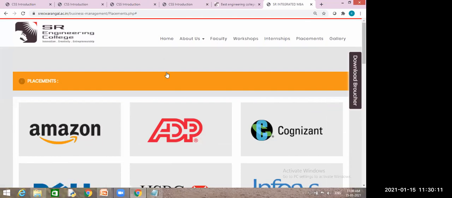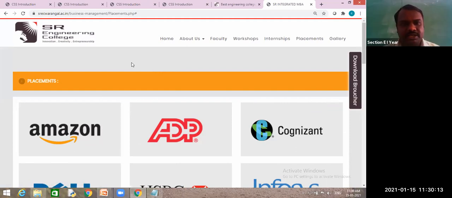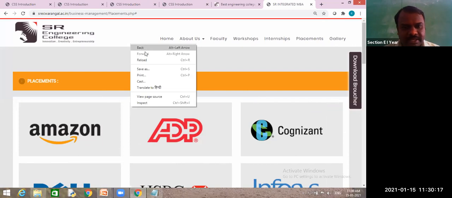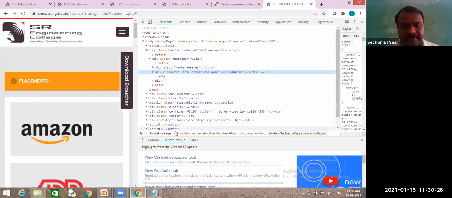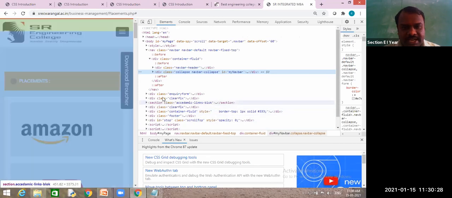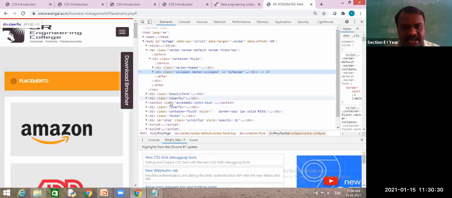Now I need to know whether CSS is present for this website or not. For that, just right click on this one and choose inspect element. When you click on inspect, you can see this code on the right side. I will tell you how to write these classes.